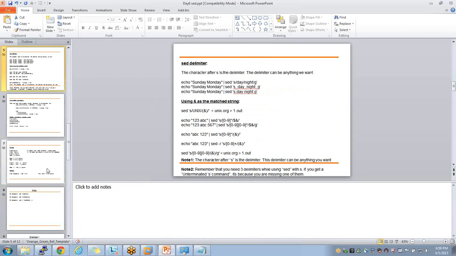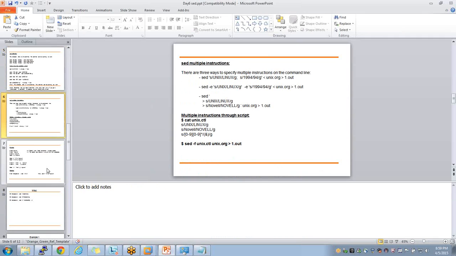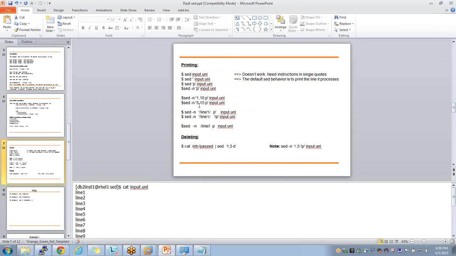We looked at ampersand to replace the input string, giving multiple instructions through control file. These 3 we actually used in example 3. Then we looked at printing options, -n, printing line numbers, searching for it.